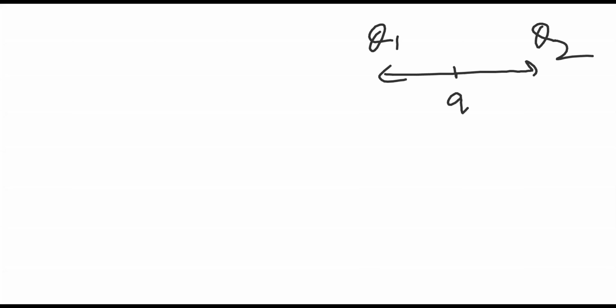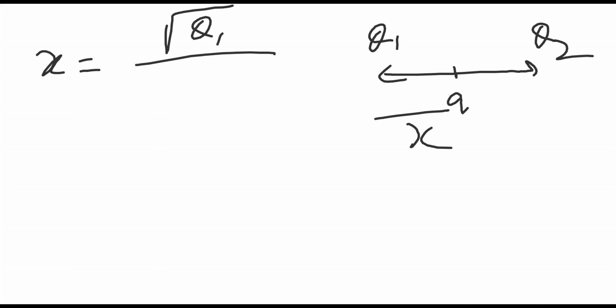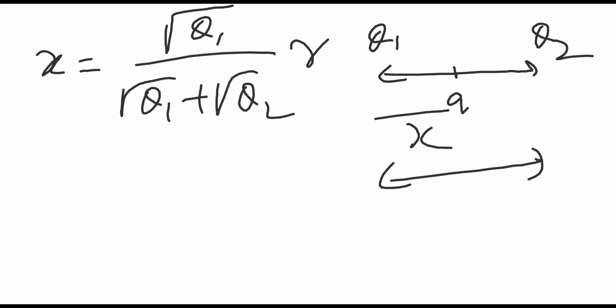Now see, there was a network issue or some technical issue. So what I told as the formula: if Q1 and Q2 are there, and in between you have a small q, then what will happen here? This distance x, how to find it? The formula is root Q1 divided by root Q1 plus root Q2, into R. What is R? R is this distance. In your case, R is given as D, so in place of R, I'll write D.